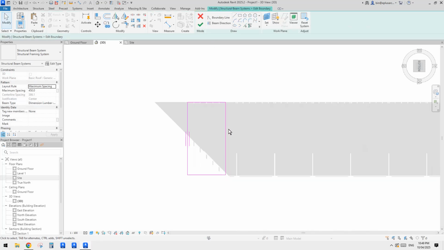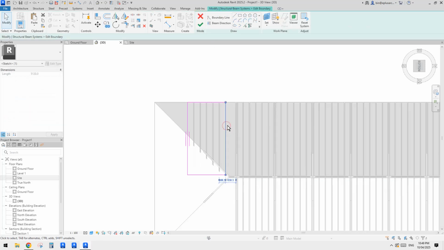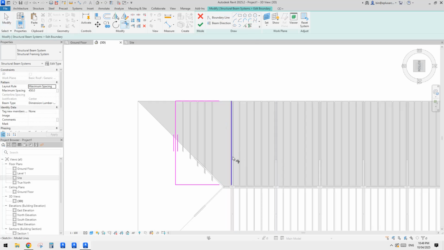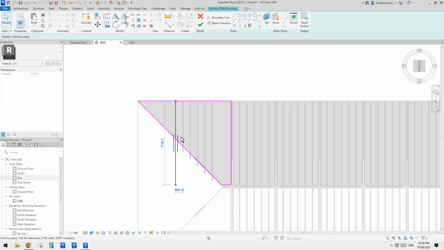So we just make sure, maybe I'll just use this one. Okay, so trim, and also we need this edge. So let's just pick this edge. Trim, trim, and trim. So we don't need this one. Oh, sorry. Looks like Revit still has